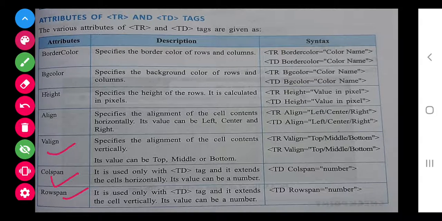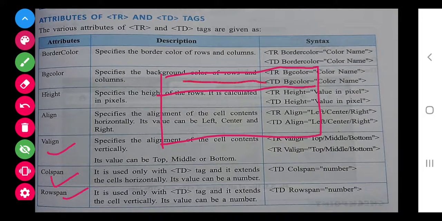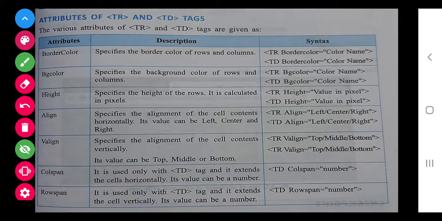Row span and col span is something like, suppose we are having a table and I want this as a single column, completely as a single, and I want to divide like this. So for that I will use row span and col span.